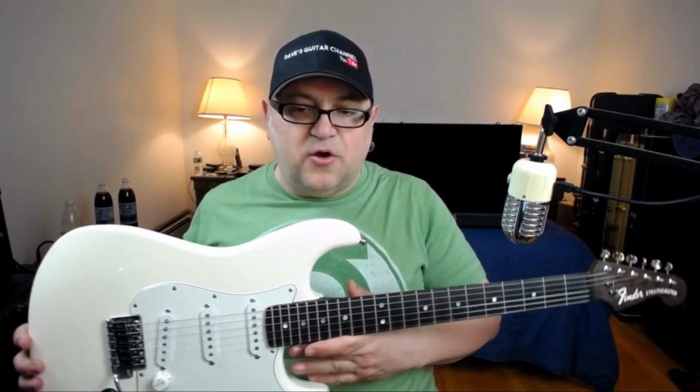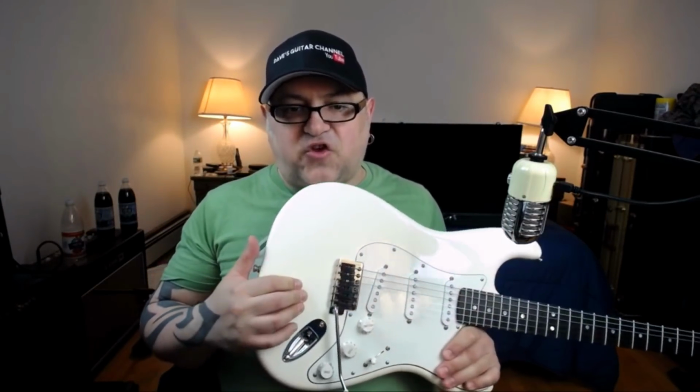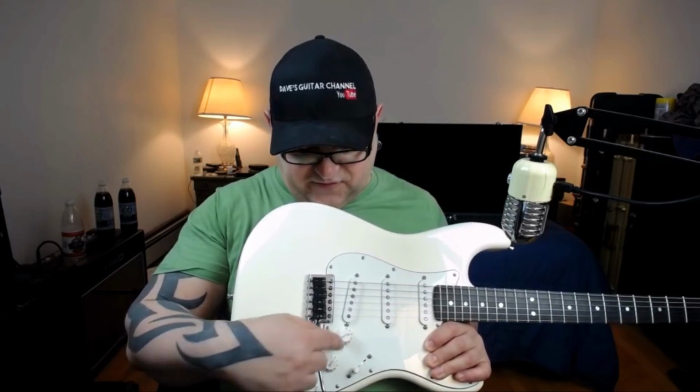For those of you that don't know, Dan Smith, I believe, was like a salesman at Fender in the late 70s, early 80s. And one of the things he did was he brought back the small headstock, which is now referred to as the Dan Smith Strat from like 1981, where it's a small headstock, but they use the big logos on it. And then the next year, they went to what is called the Dan Smith Strat 2, where the football jack is gone, and this is the jack going in. So this is where the output jack is put, and I hate those. But anyway,